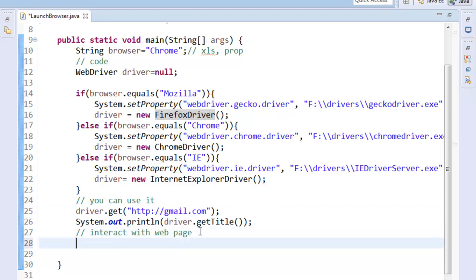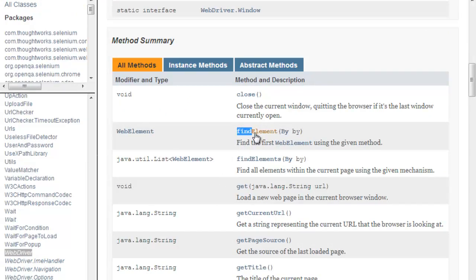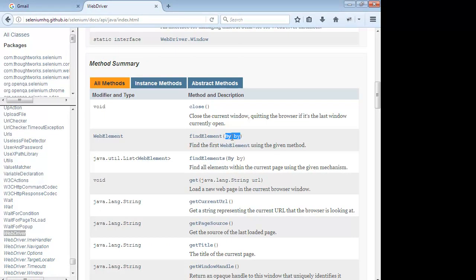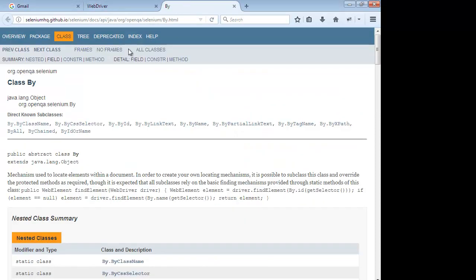Now after that, you can write driver.findElement, to find an element on the web page. This function will go and find an element with certain criteria. That criteria is defined by the By class. There is a class By in the Selenium API which has mechanisms to locate the element within a document.